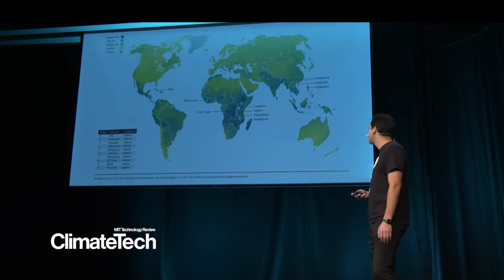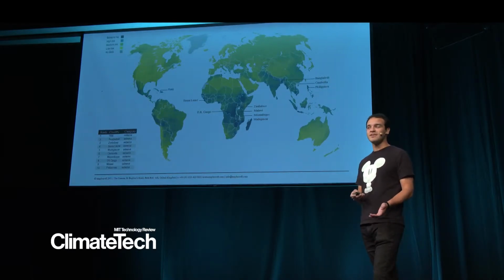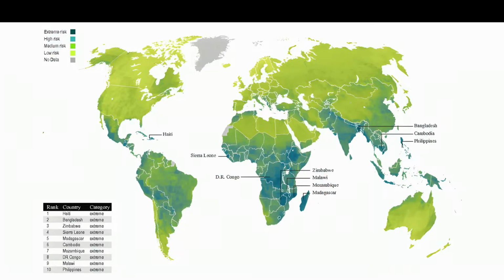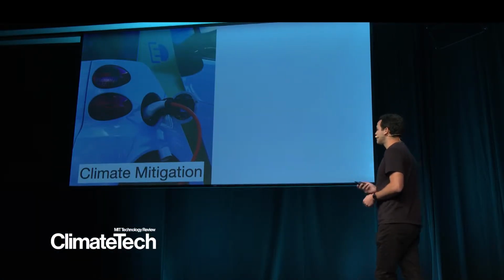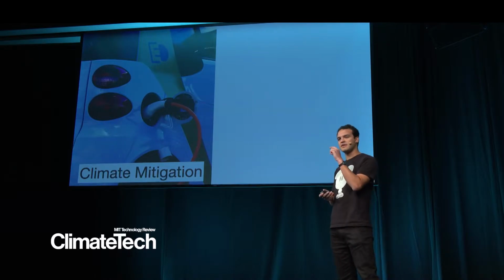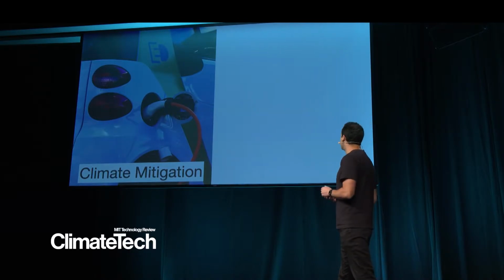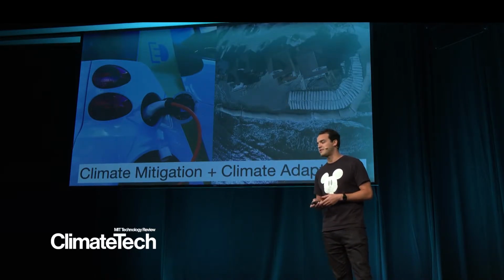Typically, the regions that tend to be the most vulnerable are not the ones that are producing the most CO2. This is because they don't have as many resources, of course, but this should be solved. As we're addressing climate mitigation with some of the technologies that we've seen throughout the conference, which means reducing CO2 tons through better energy systems, etc., we must also be thinking of using that CO2 gap to create better technologies for climate adaptation.